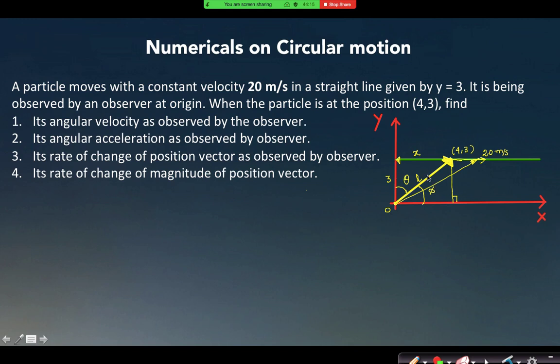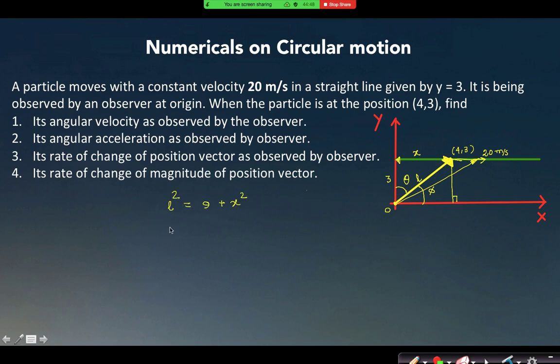I have already found the rate of change of this angle theta. Now can I find the rate of change of this magnitude or the length? In a similar way as I calculated the rate of change of theta, where I found a relation between theta and x, can I find a similar relation between L and x? What is the relation between L and x? L square is equal to 9 plus x square.